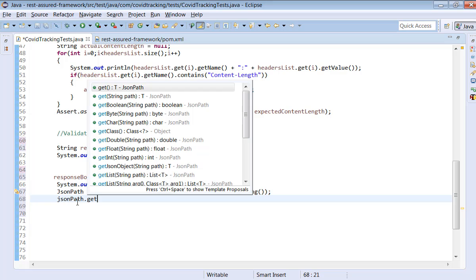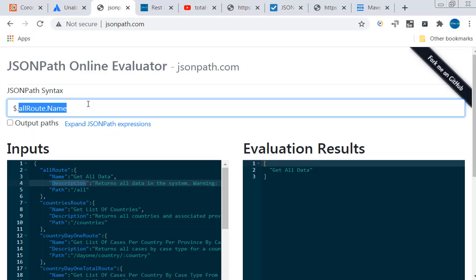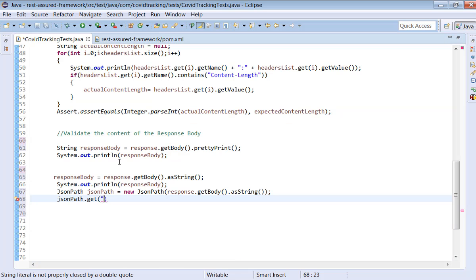Now it's very simple: jsonPath dot get string path. What's the path we have to pass? Go back to the JSON path here. Just copy this. Don't put a dot, it's not required. Just take all root dot name. That's your result.